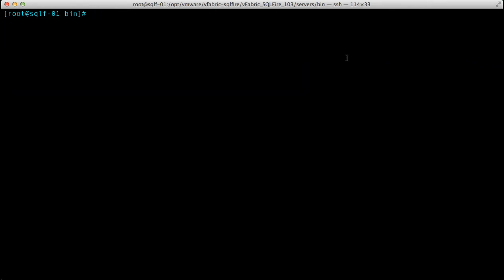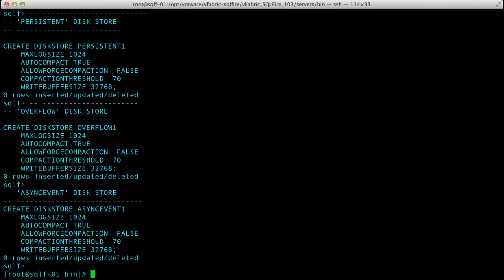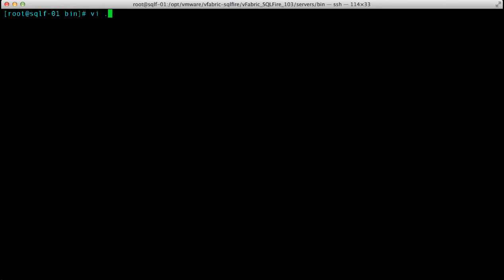From the SQLFire 01 VM, execute the create disk stores script located at the server/bin folder under the SQLFire installation folder. SQLFire will use these 3 disk stores called persistent 1, overflow 1, and async event 1 that store SQLFire data and events. SQLFire introduces a few extensions to SQL's data definition language statements to manage data partitioning, replication,